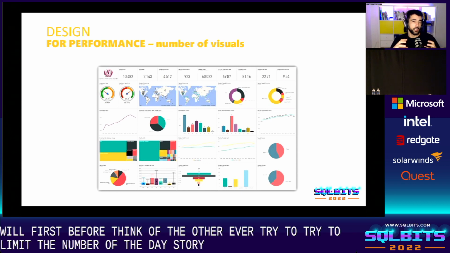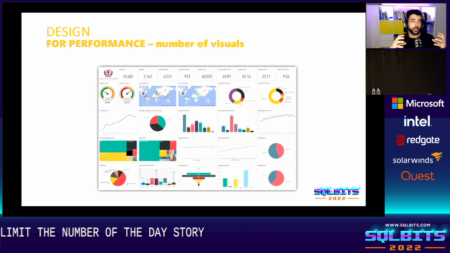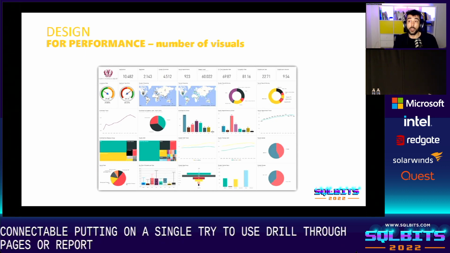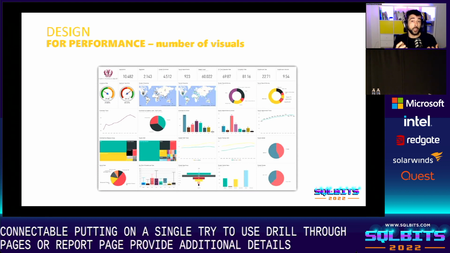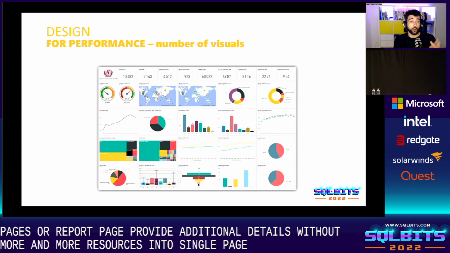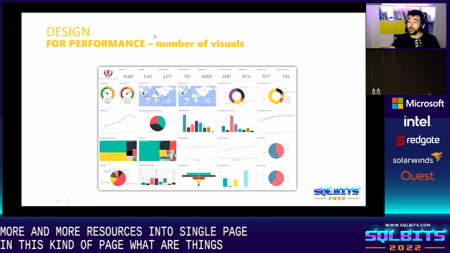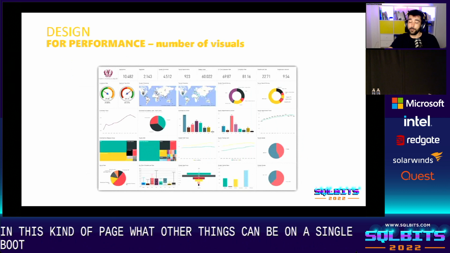Connect things which are interconnectable, put them on a single page, and try to use drill-through pages or report page tooltips to provide additional details without jamming more and more visuals into a single page. So tooltips will really help you a lot. Maybe in this kind of page, a lot of things can be on a single tooltip